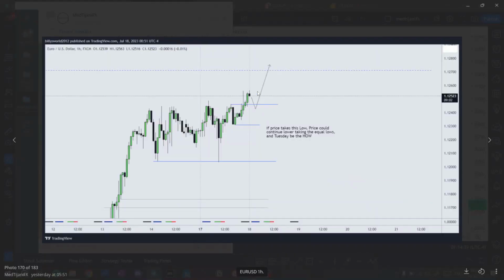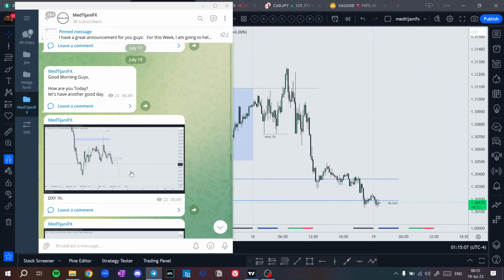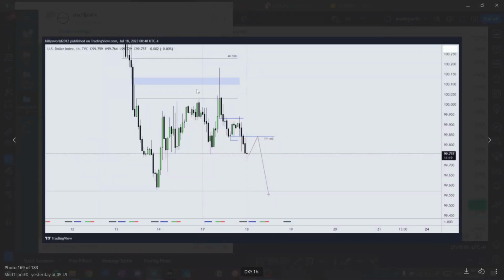That means that I am looking for bullish prices on EURUSD, and I have this as my range. I have this low here and this high here as my range for optimal trade entry in premium and discount. So I'm waiting for a discount optimal trade entry to go higher and continue higher. And if price checks this level here, there's a higher chance that price is going to check these equal lows, because if you see, the dollar has gone to premium of